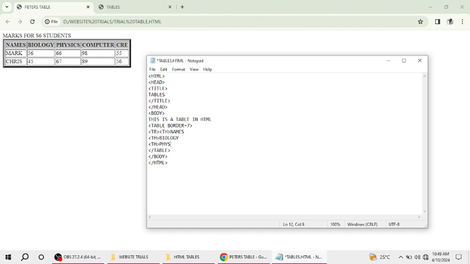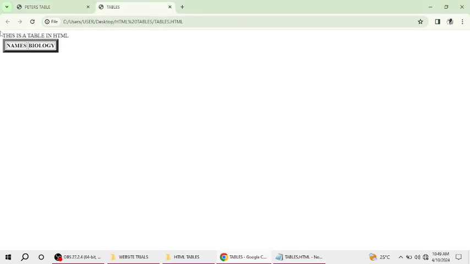This is physics, then computer. Sorry, I need a table header. Then I write computer. Then table header, I write CRE. It means that if I save this, Ctrl S, and then I refresh my table, it is putting all the